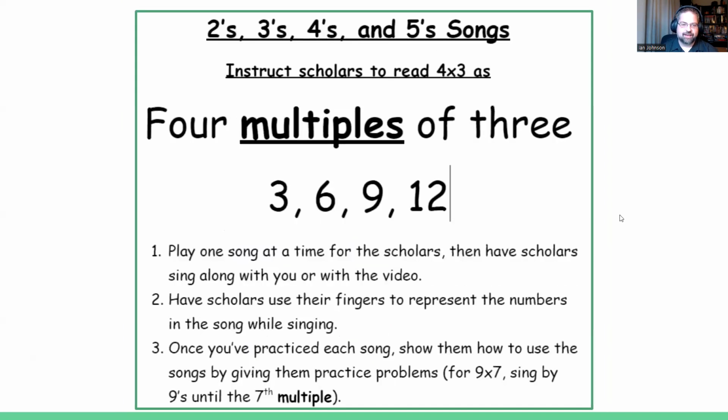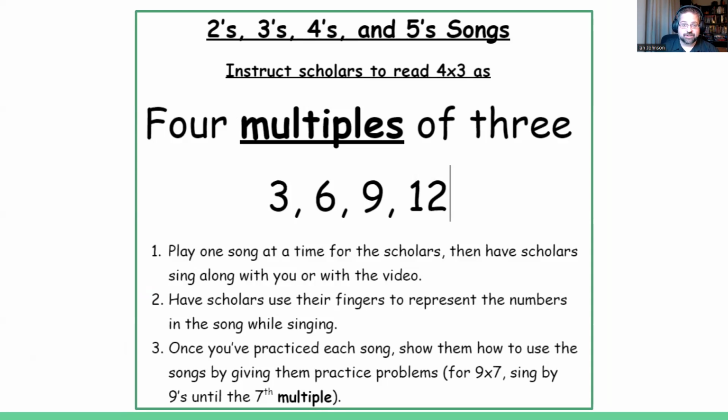Next up, we have the songs, and these are actually 2 different stations. We have the 2s, 3s, 4s, and 5s as one station, and then the 6s, 7s, 8s, and 9s as another. For this particular station, what you'll be doing is you'll be showing a video of Mr. Johnson's YouTube songs where I sing out how to count by 2s, how to count by 4s, how to count by